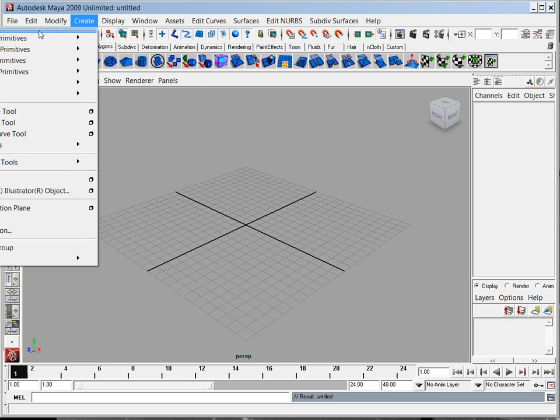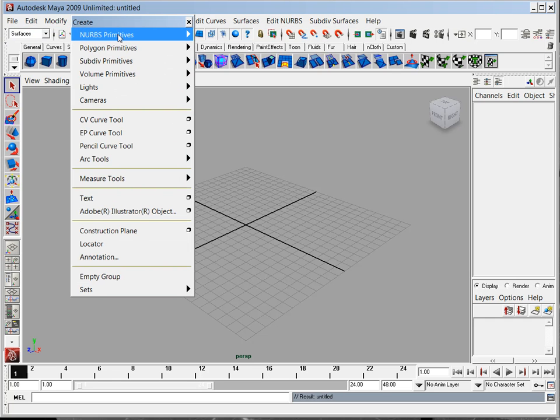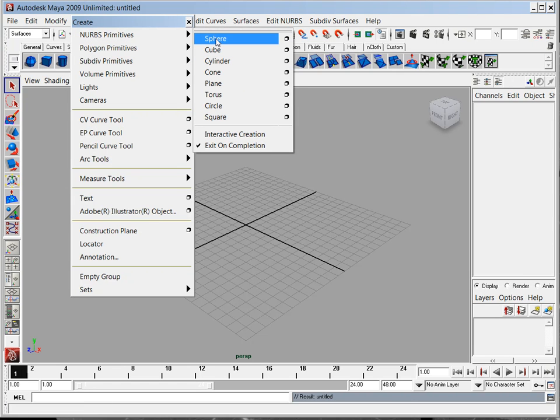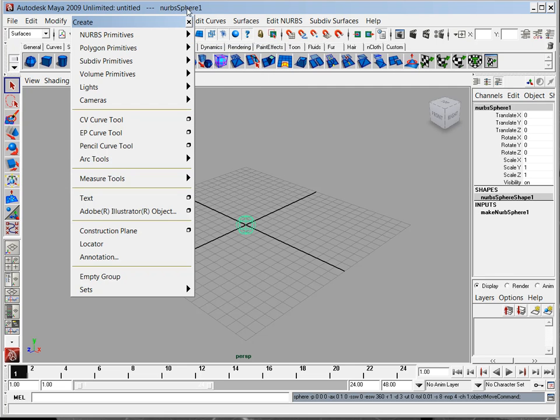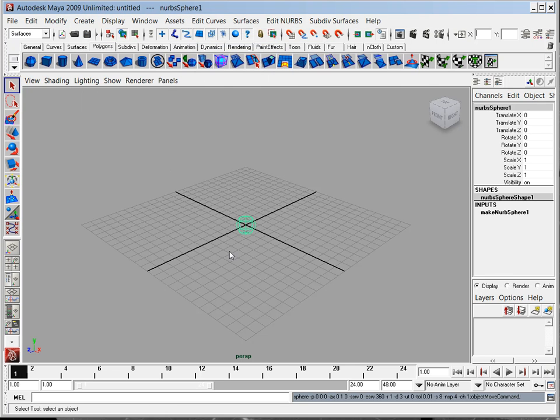Okay, so I'm going to choose NURB primitive, and then I'm going to select the sphere. So NURBS sphere. Okay. Now with the NURB sphere out there, I'm going to come over here to change the